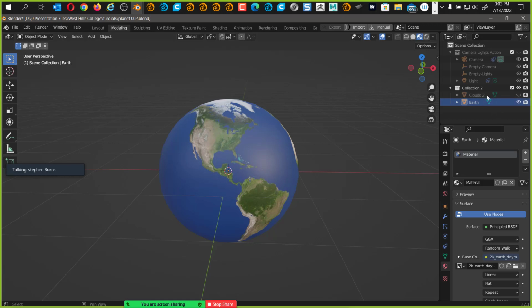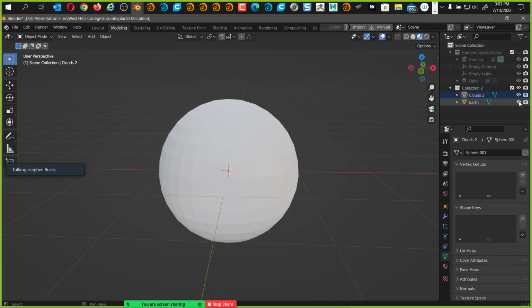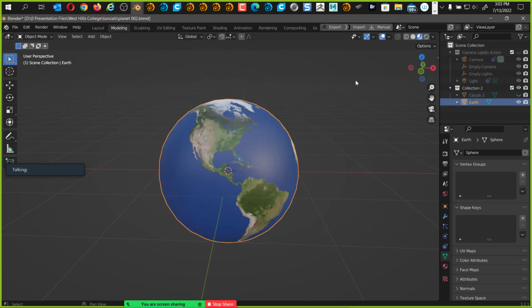All right, now I'm going to go to the clouds. Just turning off the earth for right now. Actually, no. I want to show you the earth first. I'm going to show you what's going on in Blender. We've been playing around in the modeling tab. We've played around a little bit in the UV tab. And if we go to the shading tab,